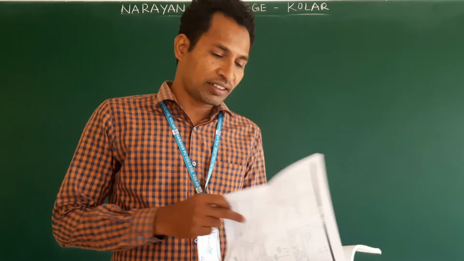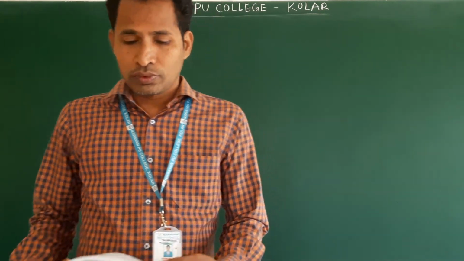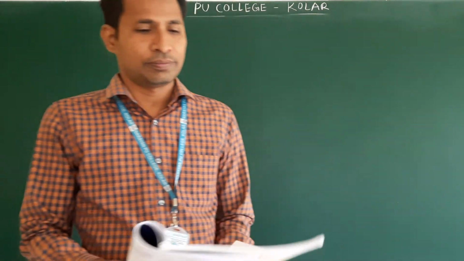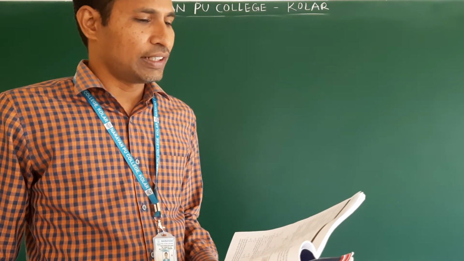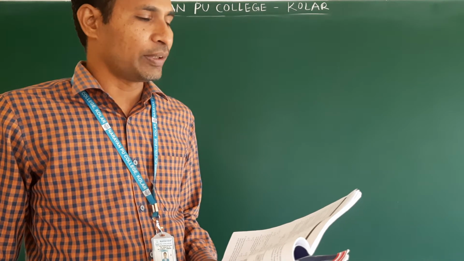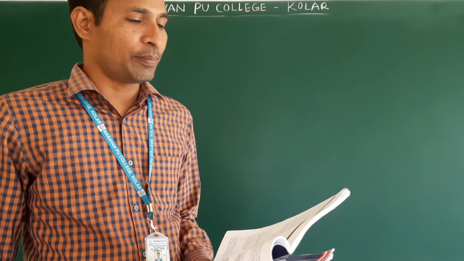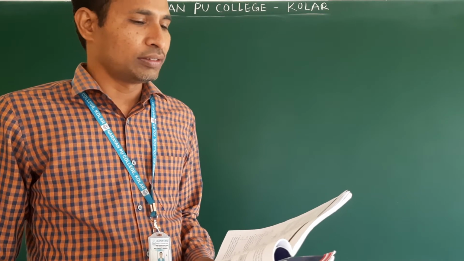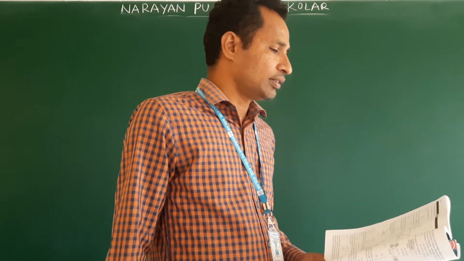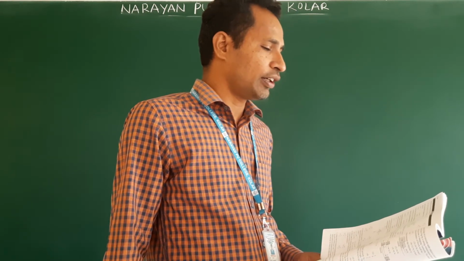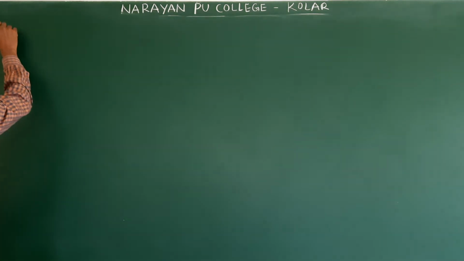Okay, now come to exercises. Question number 1. A block of mass 2 kg starts from origin with an initial velocity u equal to 10 i cap plus 2 j cap meter per second. If a force F equal to minus i cap minus 4 j cap Newton acts on the block, find the time in which the y component of the velocity becomes 0. Question number 1.